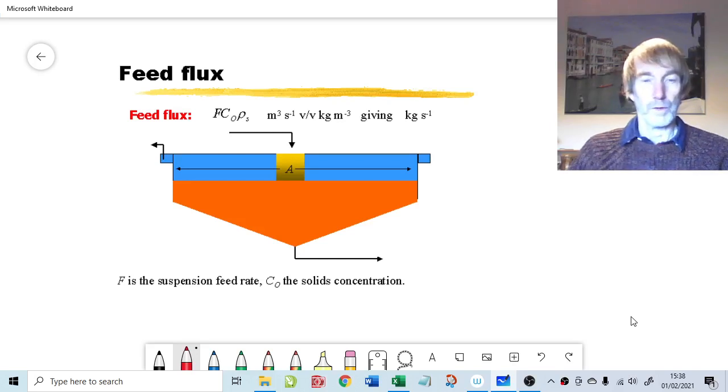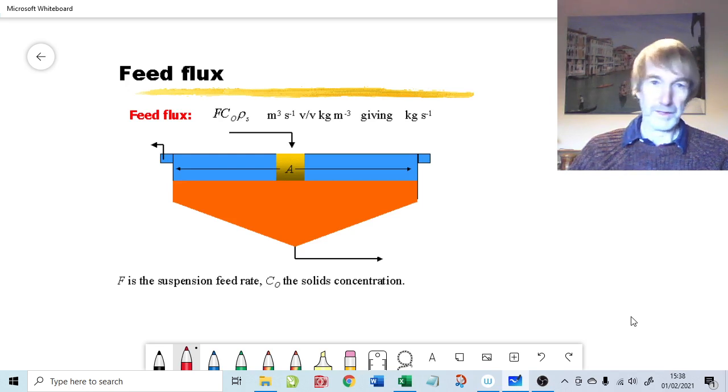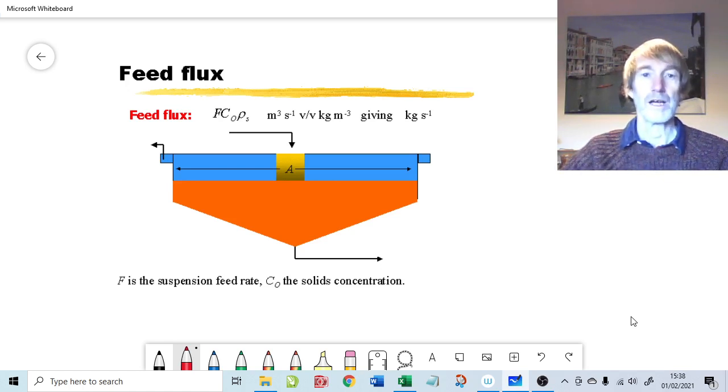Well, welcome to question 2 from chapter 6 of the Fundamentals of Particle Technology book, and it's about Thickener Design. Before talking about Thickener Design, I better just quickly recap on what a thickener looks like. This is a fairly basic schematic diagram of a thickener, and by design what we normally mean is that we're